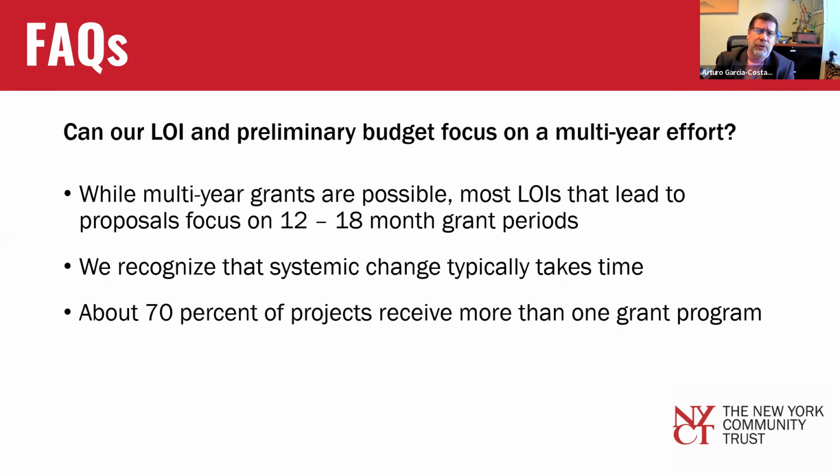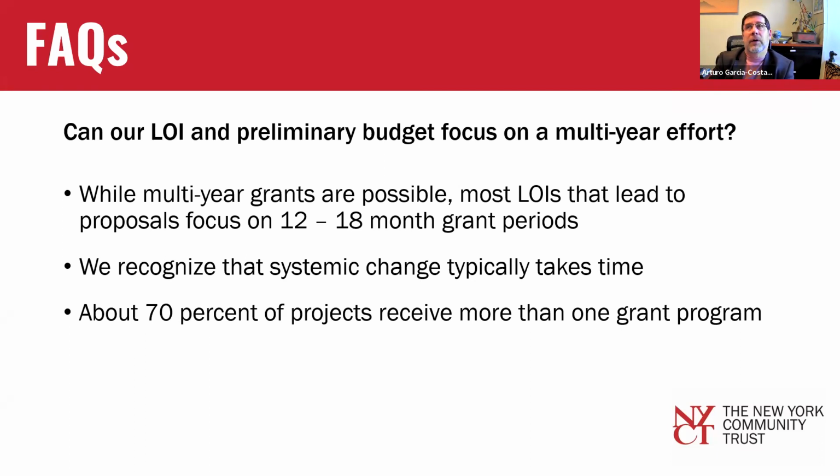Now, we also do occasionally 2-year grants and very occasionally 3-year grants. In those instances, the budget should have columns for the first year, columns for the second year, and a combined budget for both years. And you should also have a revenue section. We understand that the revenue projections for the second year are going to be more speculative. That's fine. You just tell us as much as you can about the second year and the first year.